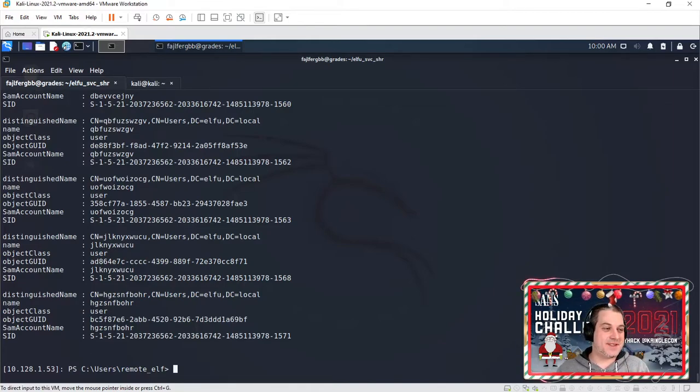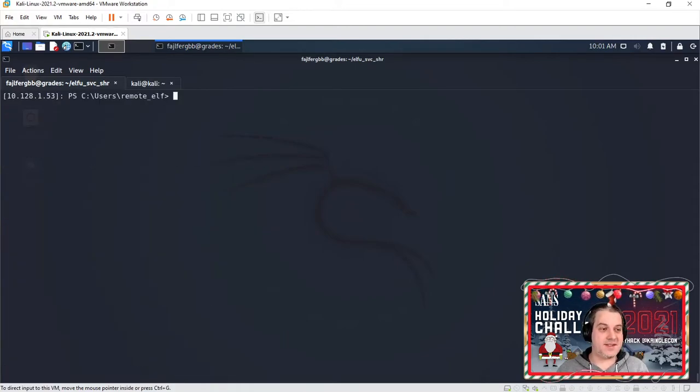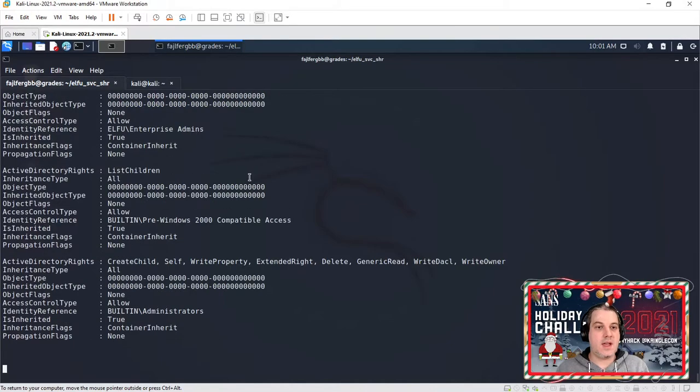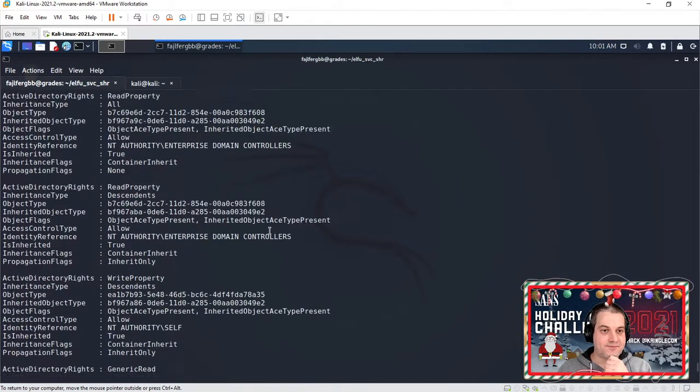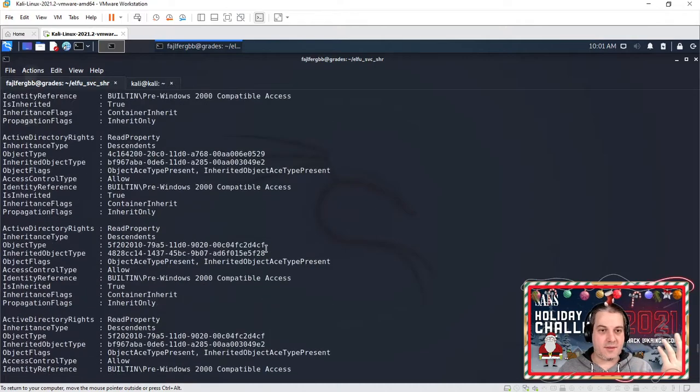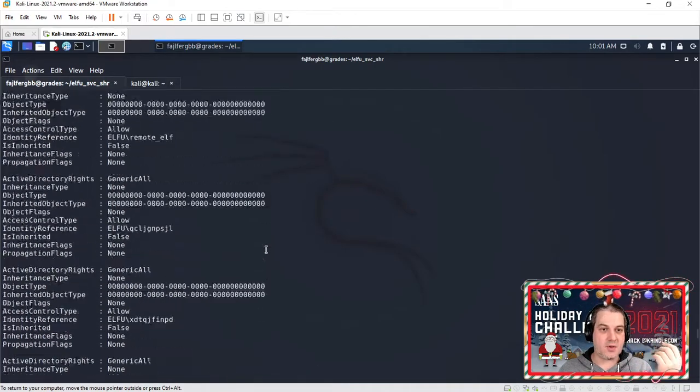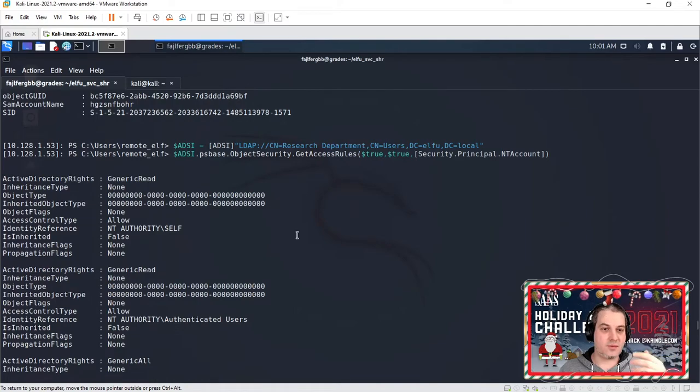So this was something that stood out for me, and I decided, all right, I need to see what rights we have on this Active Directory group. I'm going to use the other snippet provided in the talk, paste, and see what we have here. And things like BloodHound with the SharpHound collector would probably make this one a little bit easier, but I